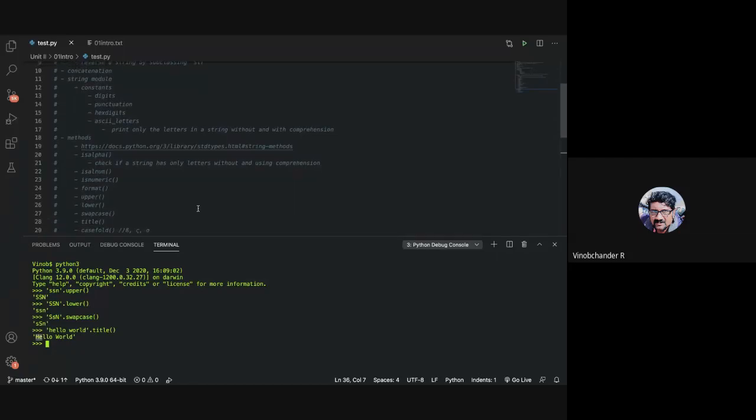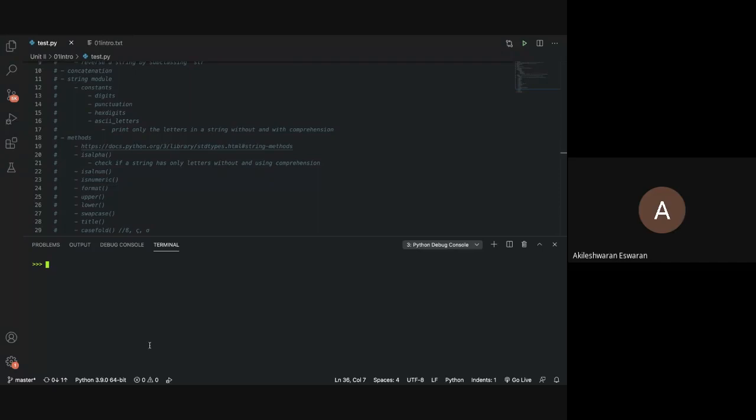There is a related method which is sometimes used, not much of the time, but it is available, which is called casefold, which is similar to lower. Can you guys guess what casefold is? Change upper to lower and lower to upper. It is exactly like lower, but it is more aggressive in nature. If you want to do caseless comparisons, typically you make use of casefold. It is much more aggressive when you use alphabets from different languages.